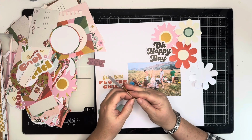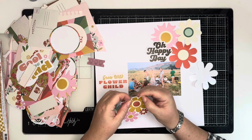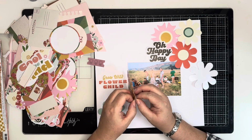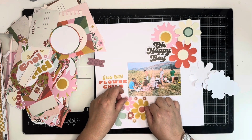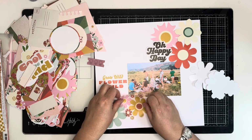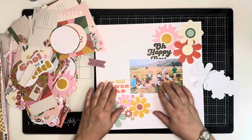So I just grabbed a load of the washi sticker flowers from the paperie pack, and I wanted to create a background with those in a diagonal going from bottom left to top right. So I just grabbed some of them out before I started filming, and you can see I'm just slowly sticking those down now onto the page, underneath the photo, so to speak, and then I can carry on embellishing once